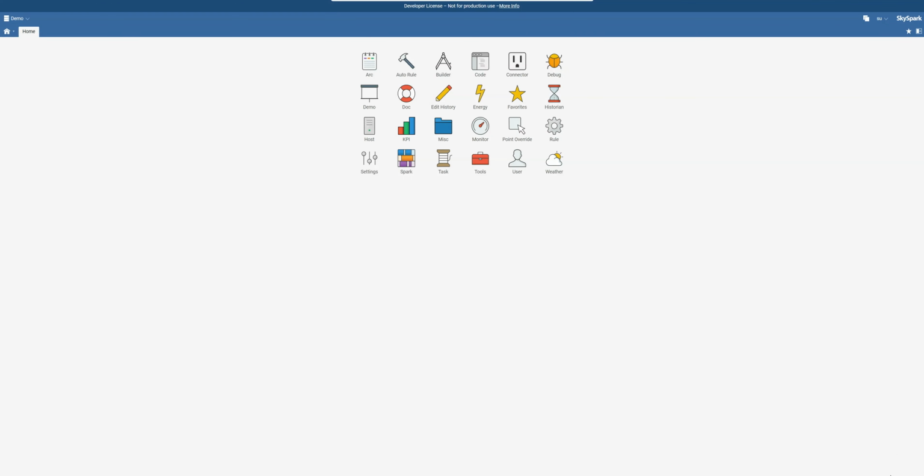Okay, this is going to be a quick video going over the AutoRule app in SkySpark. I created this app to help with automatically applying rules based off the points you have in your system. The idea here is we'll have a main app called AutoRule, and we'll have different pods for different sets of